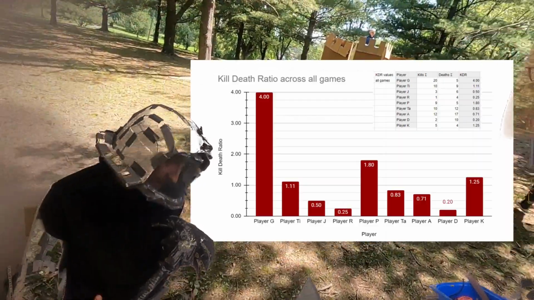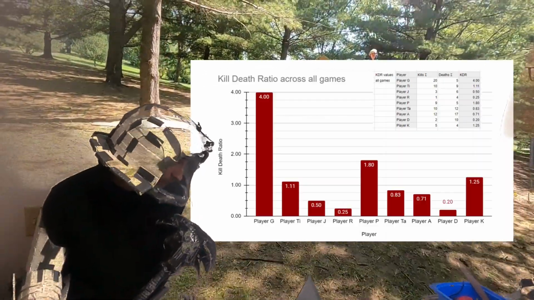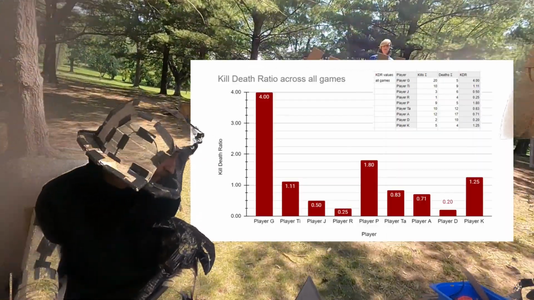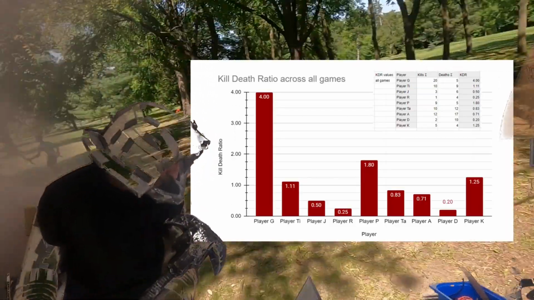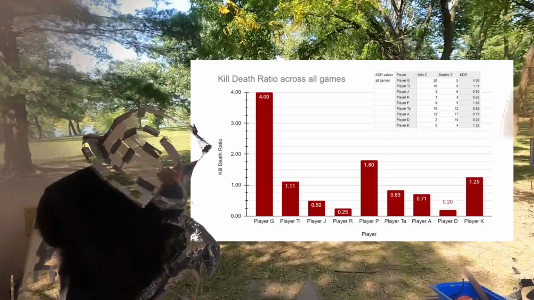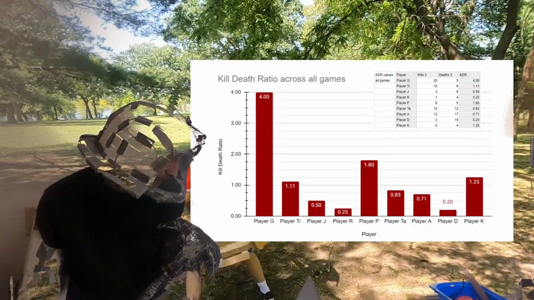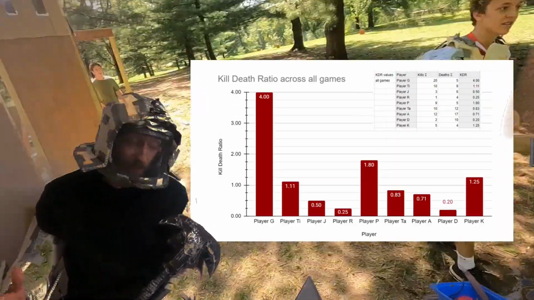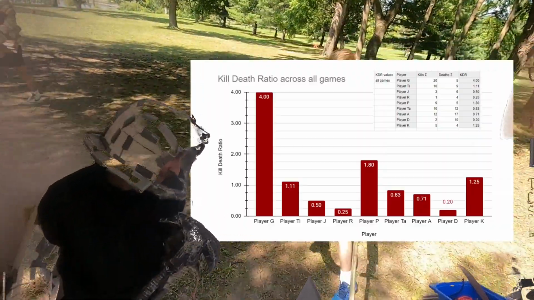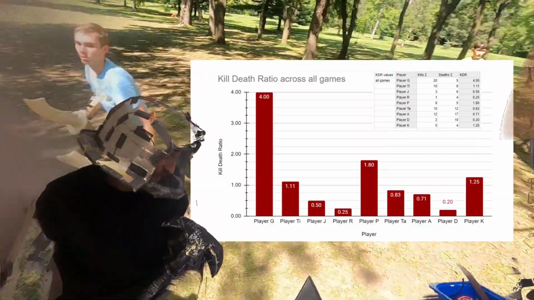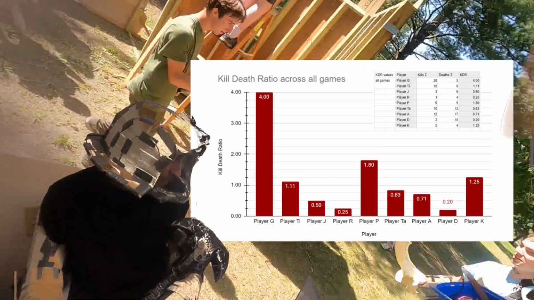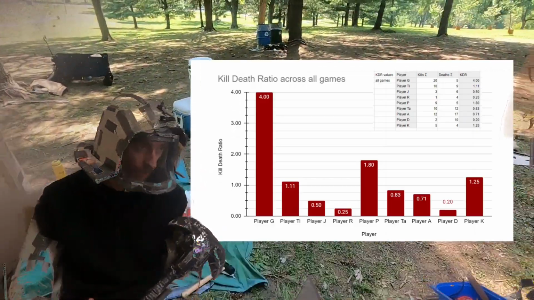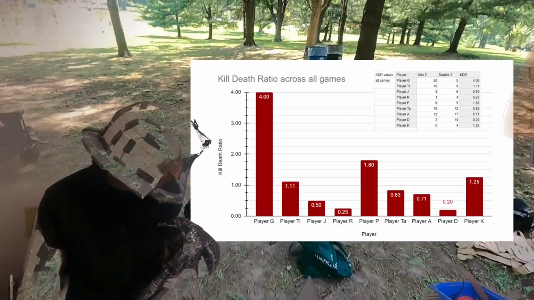Player TA, again, extremely active, 10 kills and 12 deaths, so unfortunately a sub 1 KDR at 0.83, but still very active and did a lot for his team. Player A with 12 kills and 17 deaths, so the kill leader for their team, but also the death leader for the entire event. And so a KDR of 0.71, which isn't an impressive KDR, but just the level of activity is quite surprising.